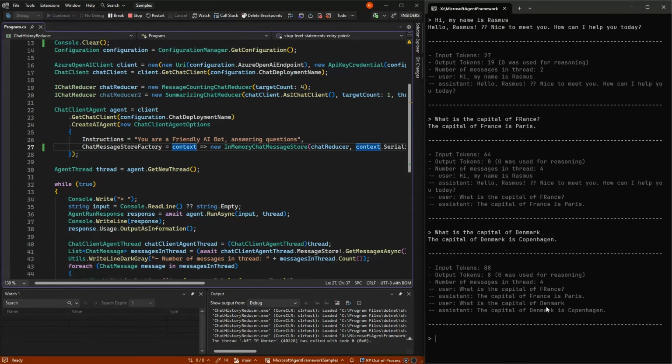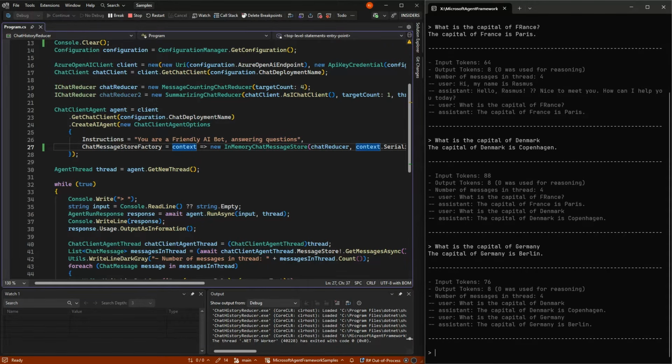We didn't go up to 6, and the only thing it knows is what's the capital of France and what's the capital of Denmark. So if we ask again, what is the capital of Germany? We will actually go a little down in input tokens because some of these are a little shorter than the ones we just left.